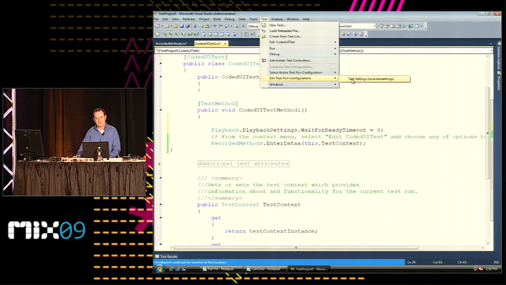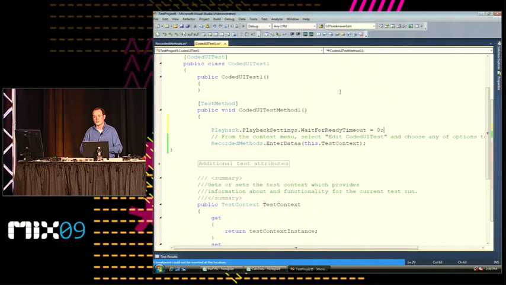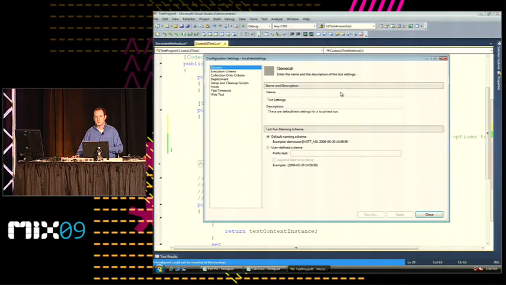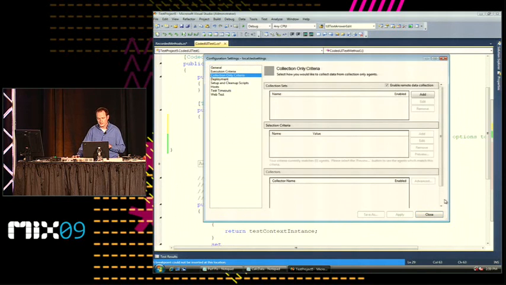And so test run settings have a lot of different options for configuring the way that I want my test to run. But most importantly, in 2010, we're introducing a variety of what are called data collectors. And so if I take a look at these data collectors,